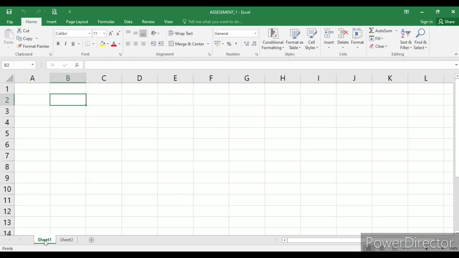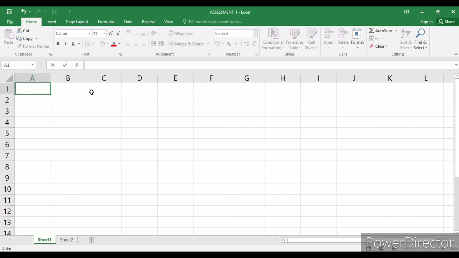Just click on the sheet, go to the cell just like this. This is the cell, this is the cell. There are different types of cells. You just click on the cell and just enter the data. Suppose I want to enter roll number, then just type roll number.